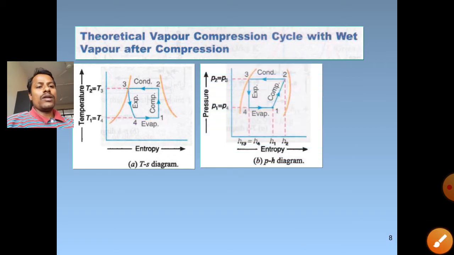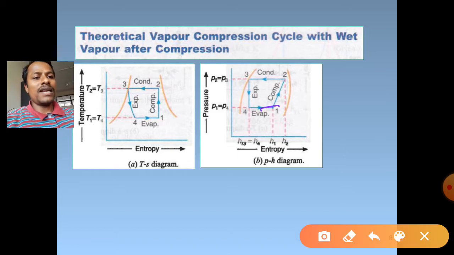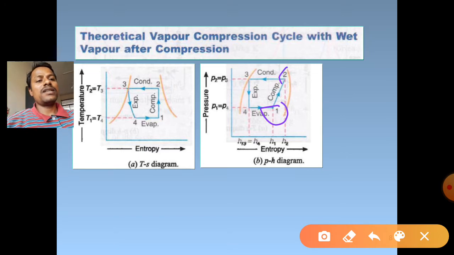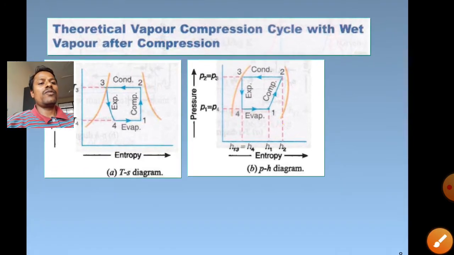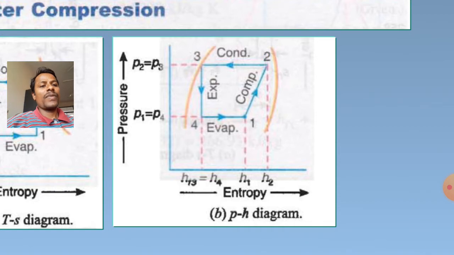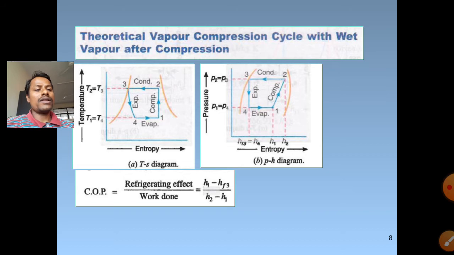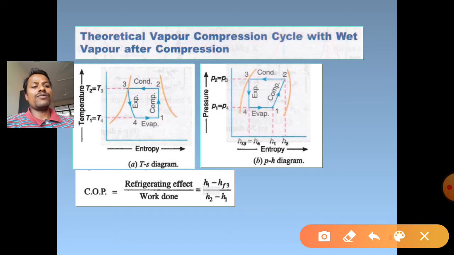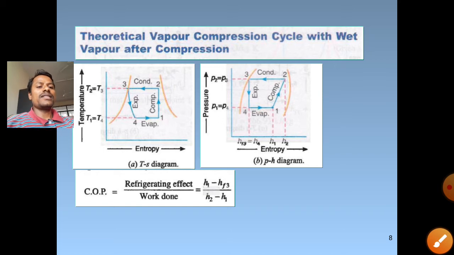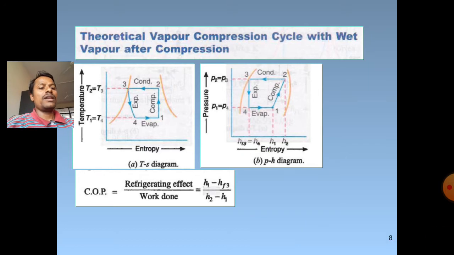Then we have the pressure enthalpy diagram. As we know, we can draw it. Inlet of the compression, state 1, is in the wet region, and outlet of the compression, state 2, is also in the wet region. Just observe, there is a gap between the saturated vapor line and state 2, hence state 2 is marked in the wet region. COP for this again remains the same, H1 minus H4 divided by H2 minus H1, where H4 is replaced by HF at state 3, condenser pressure, because 3 to 4 is an isenthalpic process, that is HF3 is equal to H4.